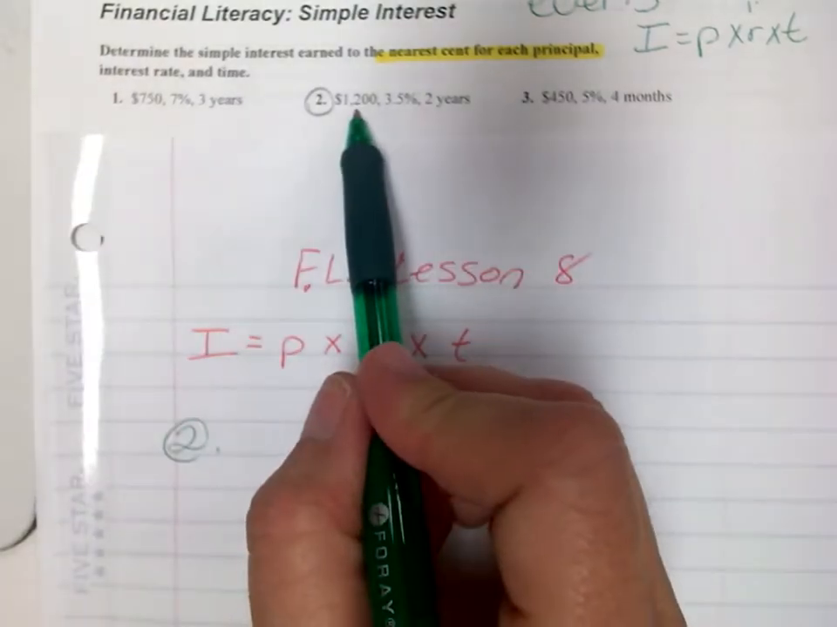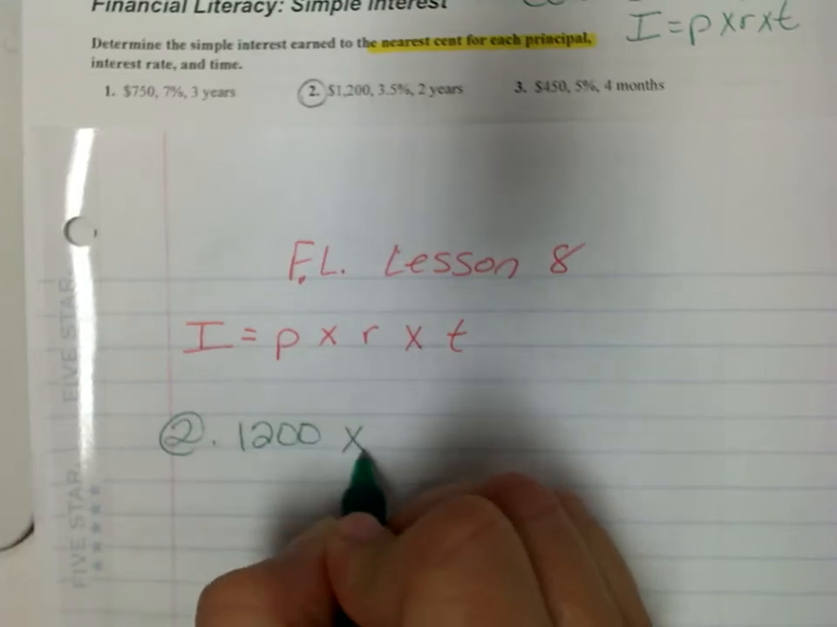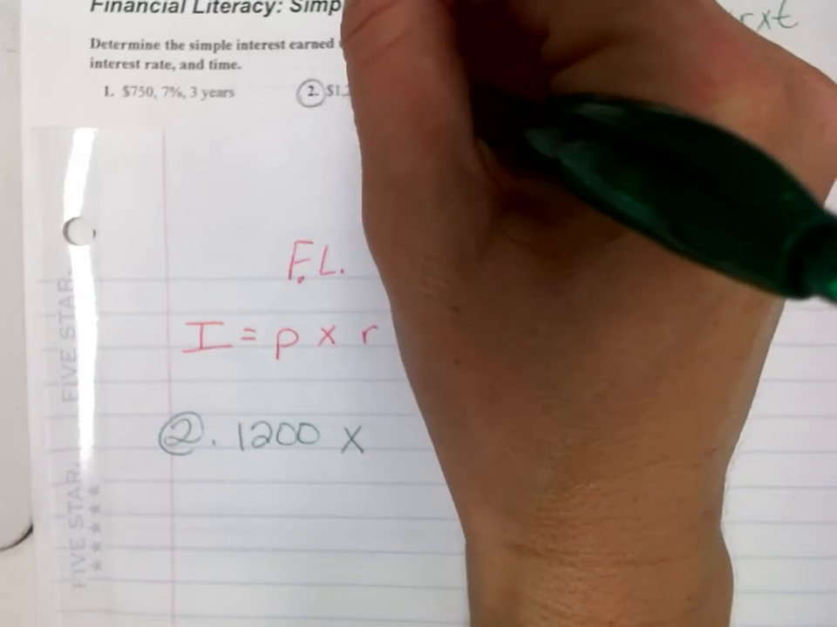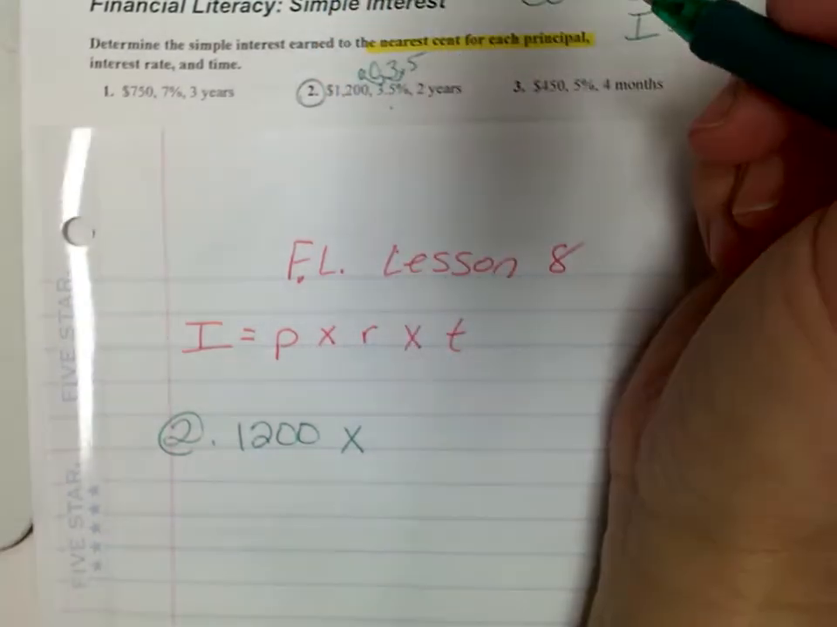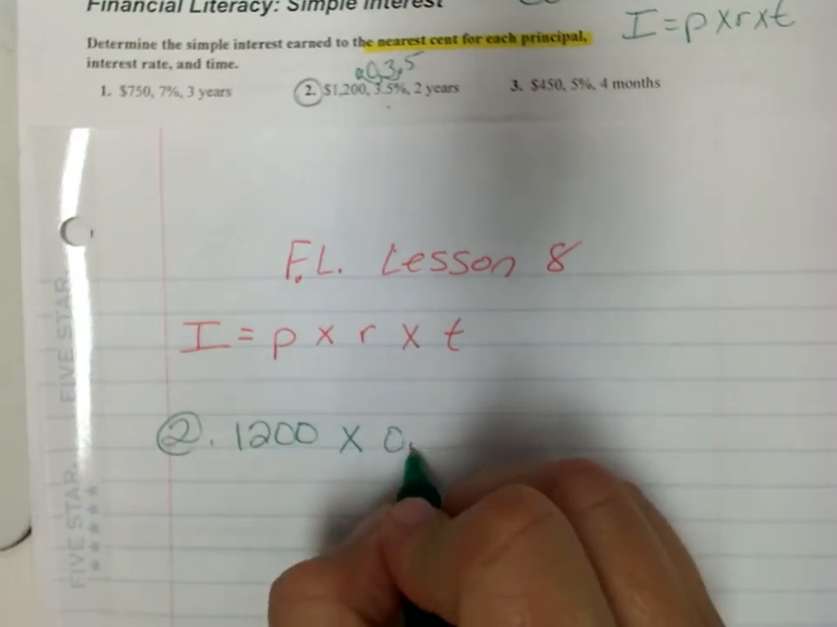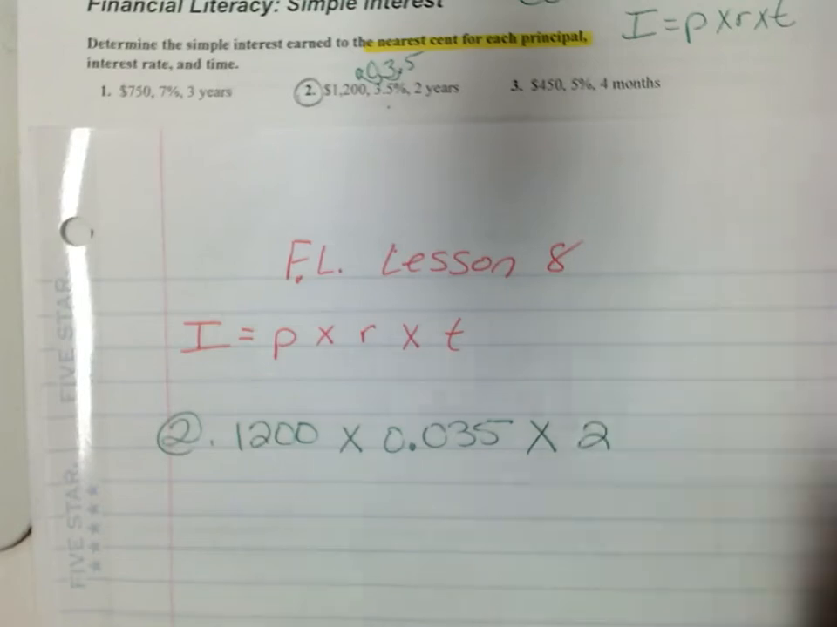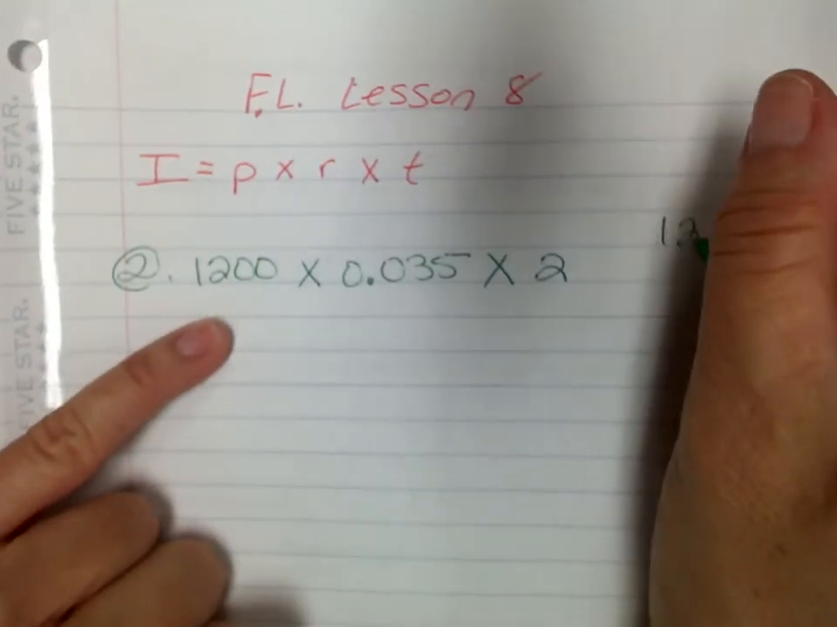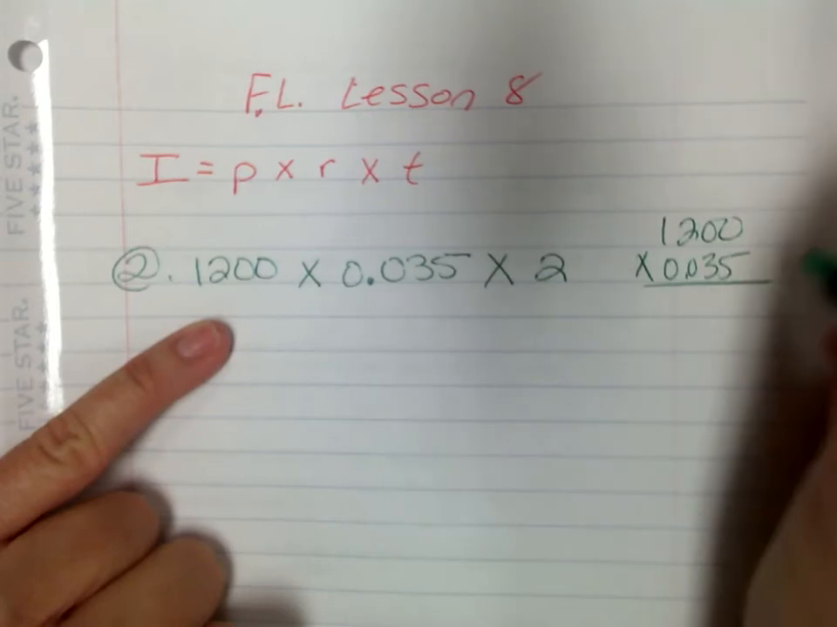You have what you're going to borrow, it's $1,200, times your percent. Remember, you're still going to have to move that decimal 2 times to the left to get the percent away and turn it into decimal. So it's going to be 0.035 times 2 years. So if we take your 1,200, multiply that by 0.035,